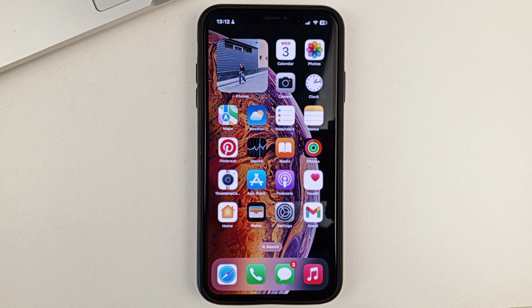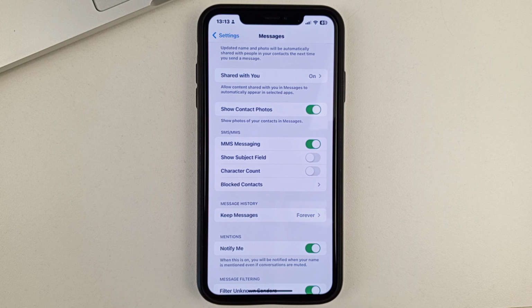And let's get down to our topic. First of all, please open your phone settings. Next, in the settings, scroll down until you find the Messages option. Scroll down to that. And here, a little further down, you can find an option called Send Read Receipts.